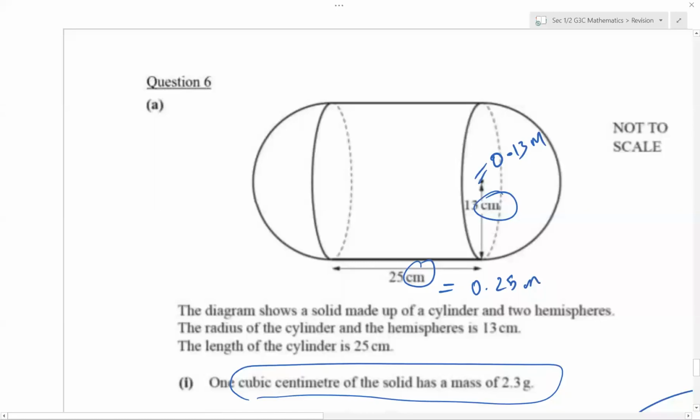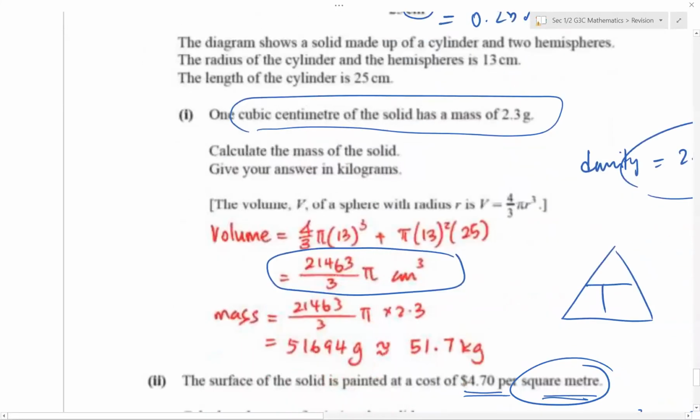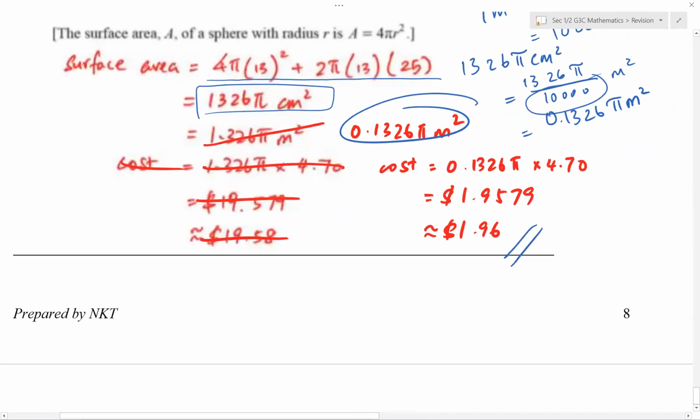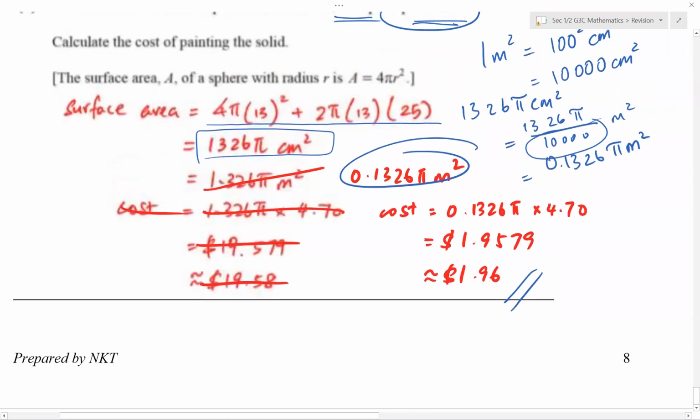You do the calculation, and your answer will end up being in square meters. So you don't have to do that division by 10,000. You still get the same answer of 1.96. So this is our